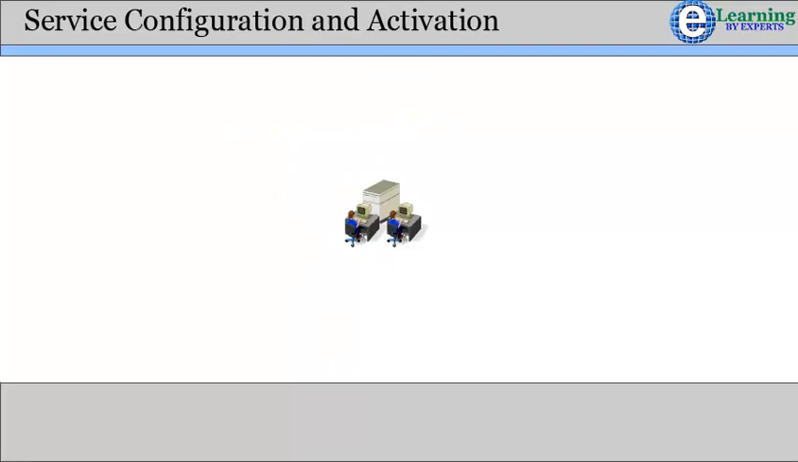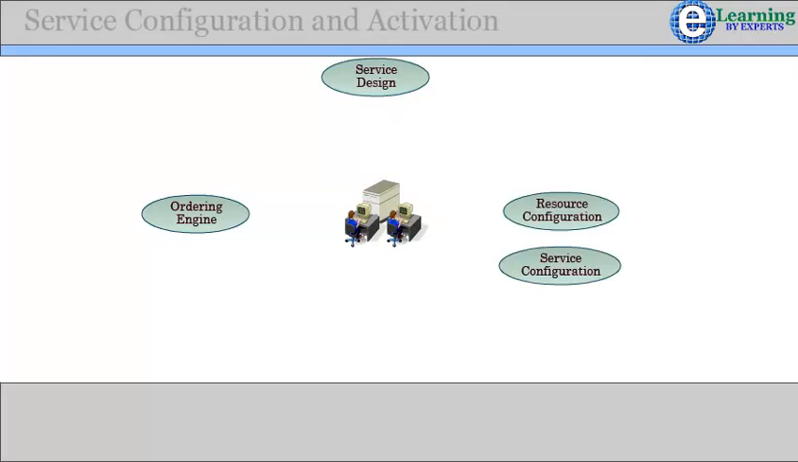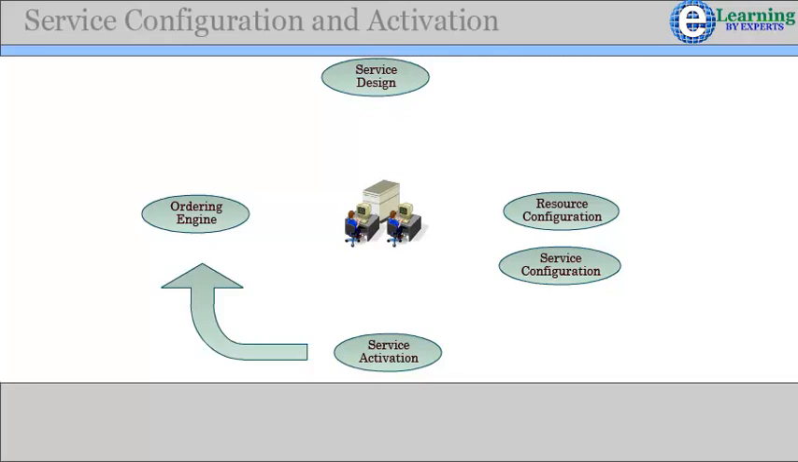Service configuration and activation enables communication service providers to fulfill the services offered to the customers. This involves receiving the request from the Order Management System, OMS, or Customer Relationship Management System, CRM, designing the circuit, resource and service configuration, service activation, and sending the response back to the OMS or CRM system. The service configuration and activation process can be decomposed into